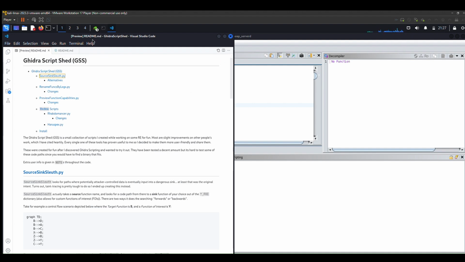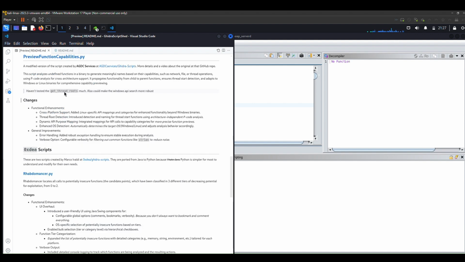So, without further ado, I'll start off by showing the PreviewFunctionCapabilities script. It's a modified version of a script found at that link. What it basically does is it analyzes undefined functions in a binary, and it generates meaningful names based on their capabilities, such as network, file, or thread operations, using PCode analysis for cross-architecture support. So basically what that means is it will go through and look